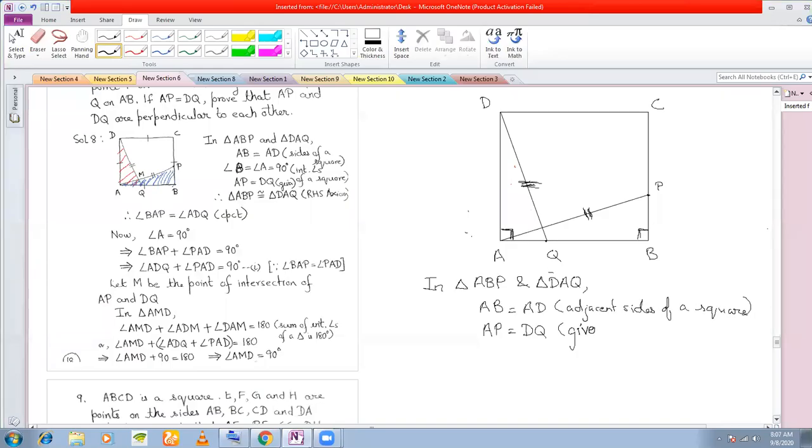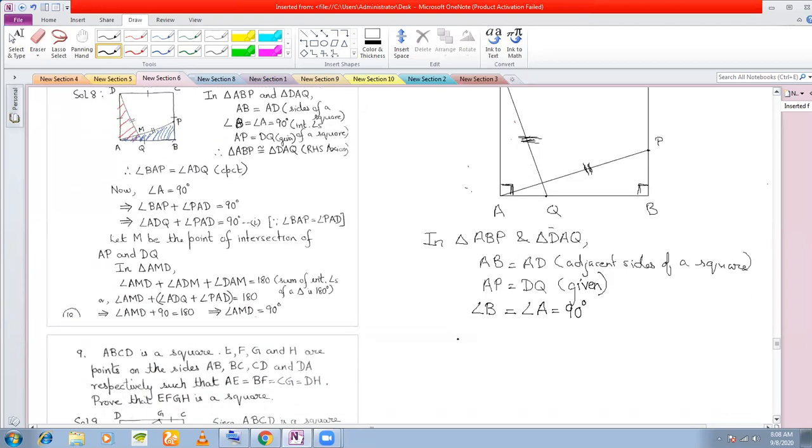AP is equal to DQ, given. And finally, angle B is equal to angle A, equal to 90 degrees. Therefore we say triangle ABP is congruent to triangle DAQ,